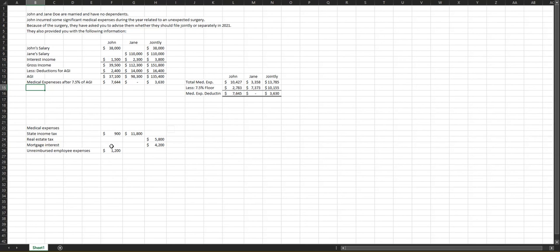Now we need to deduct their state income tax and real estate taxes. State